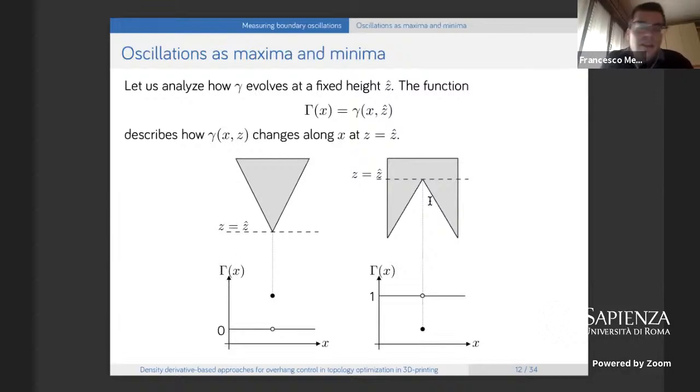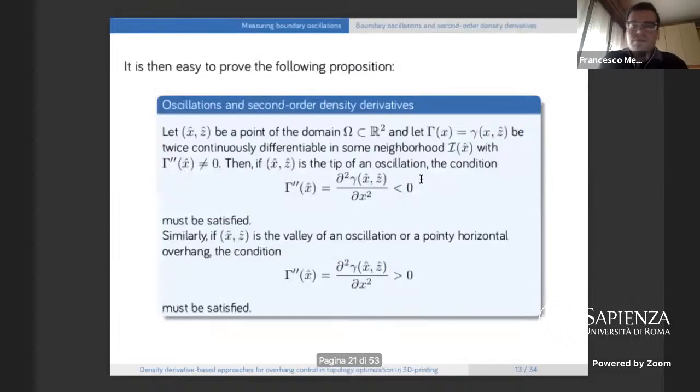In valleys and in top of holes, we have the opposite situation. Basically, at the very point where the valley occurs, we have 0 density. On the other hand, in a neighborhood at this height z equals z hat, the density will be 1. So in valleys, we are in a local minimum. This, well, it's not yet a characterization, but it already gives us a means to distinguish between tips and valleys